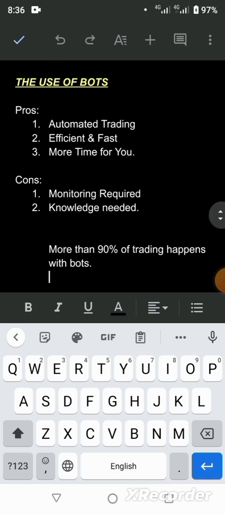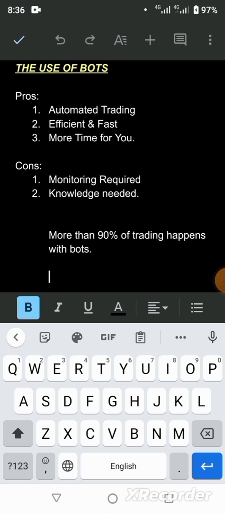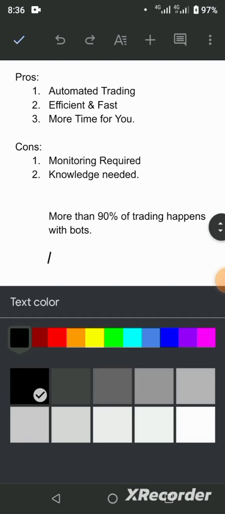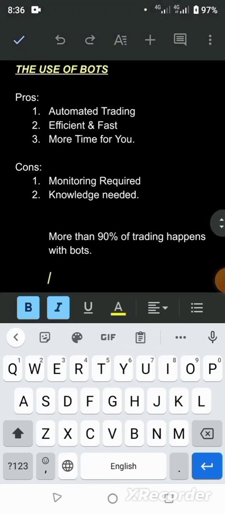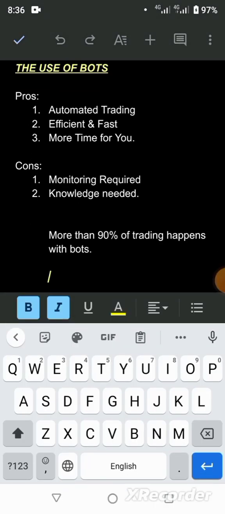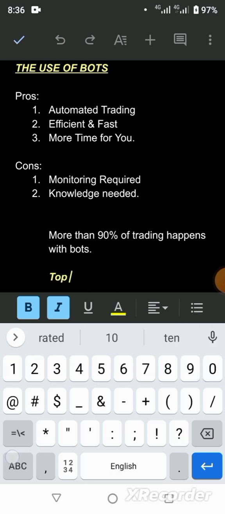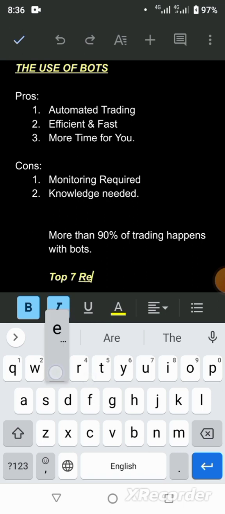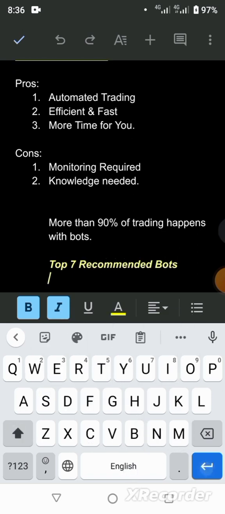All right. So now, without much wasting of our time, I'm just going to show us the top 7 recommended bots. Now, one thing about these bots is that